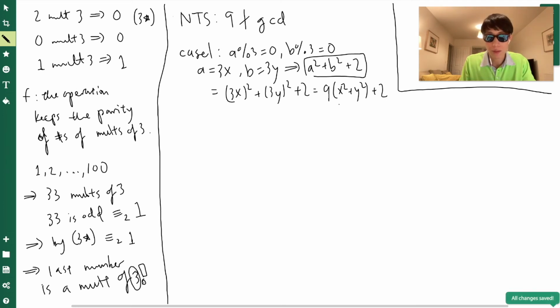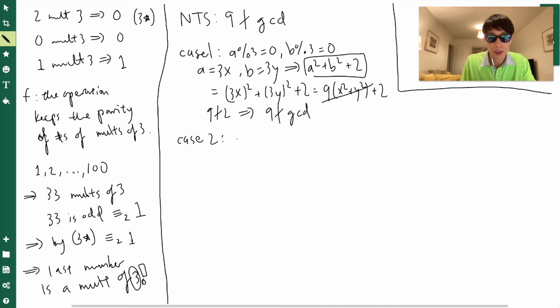And, well, this first part is obviously divisible by 9, so it goes away, and 9 does not divide 2. So 9 cannot divide this first function that we plugged in, and therefore 9 can't be in the GCD. Case 2,